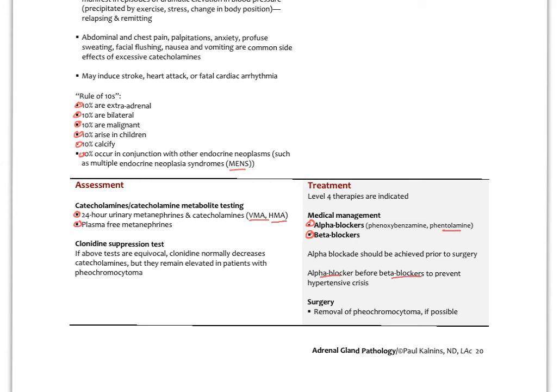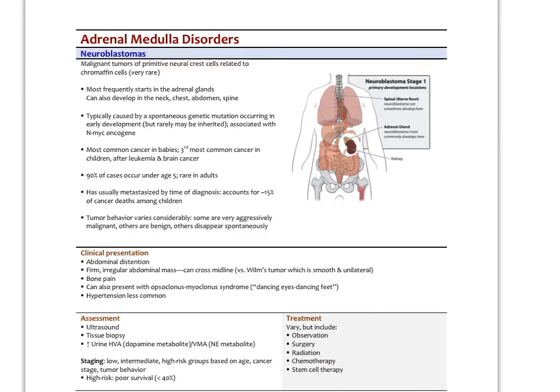The surgery, if it's successful, will be able to remove the actual tumor, and then the problem hopefully is solved. So this again is going to usually go to level 4 therapies here, and definitely if the symptoms are severe enough, this is going to be a referral to endocrinology as well. So that's a pheochromocytoma. Now we see pheochromocytomas primarily in adults, but in children, especially neonates, there are neuroblastomas, and